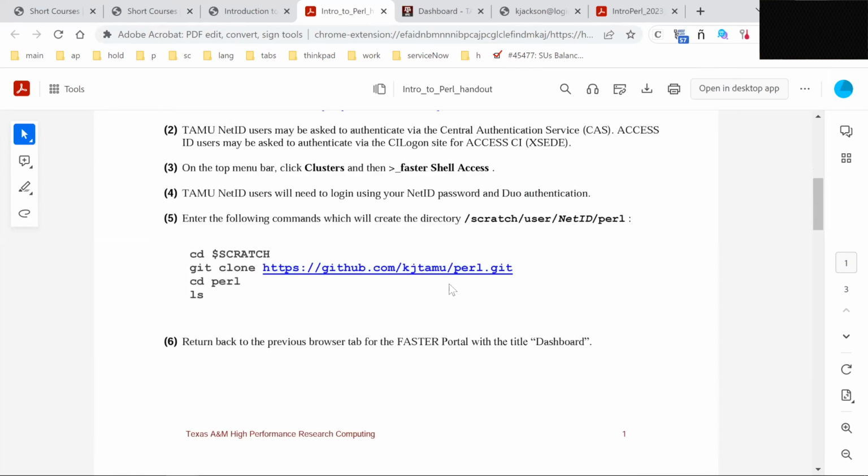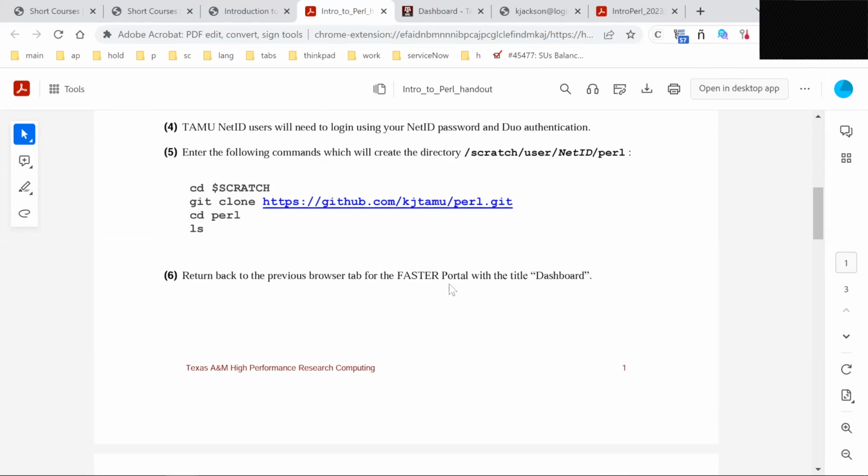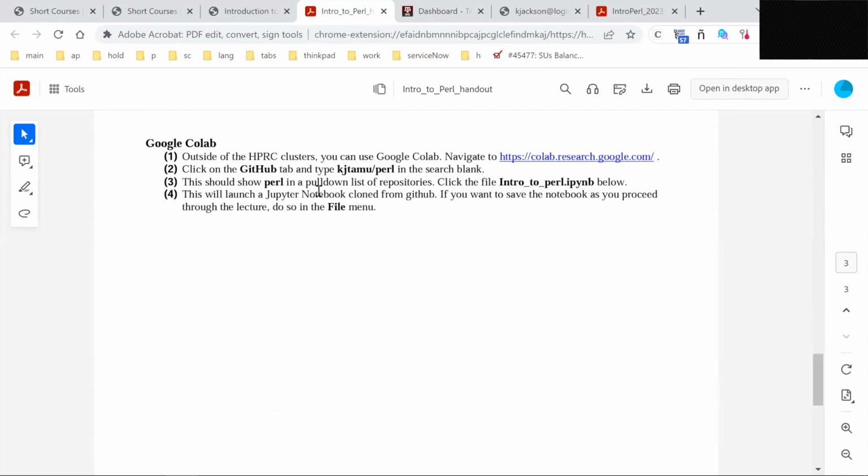What I'm going to do now, while we're waiting on the feedback for that, is scroll down here to the instructions for Google Colab. If you do not have an account with HPRC, you can go to Google Colab, colab.research.google.com. And if we go here,